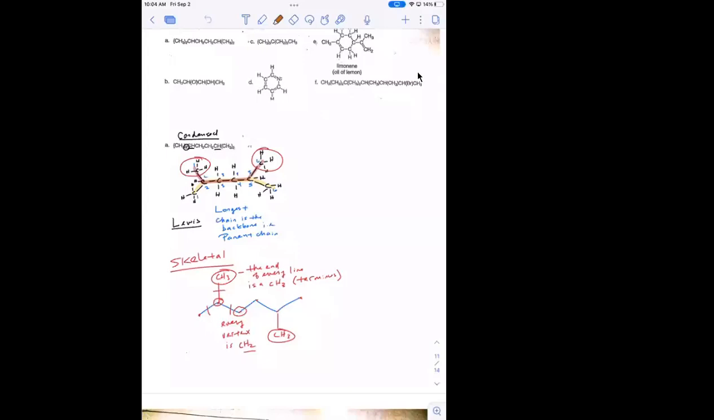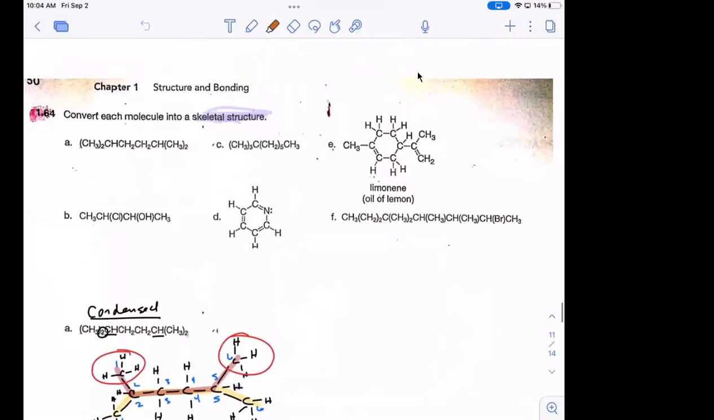We left off here. We have been talking about bonding, hybridization, all that stuff. And now we're going to extend that to structures and how certain structures are depicted. So we talked about